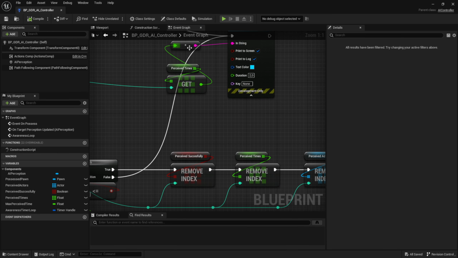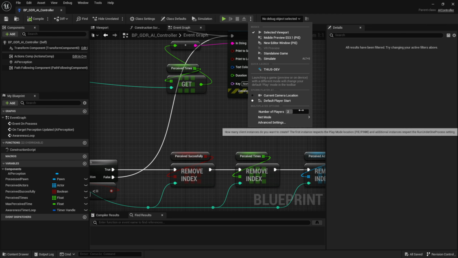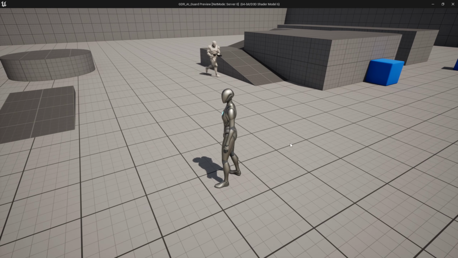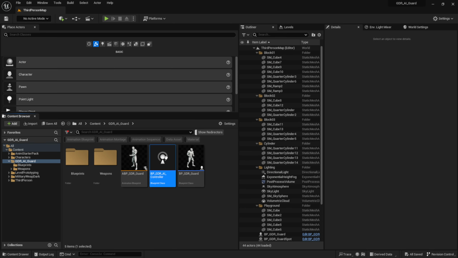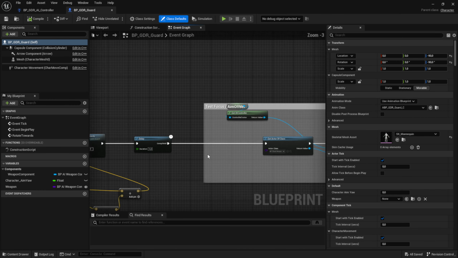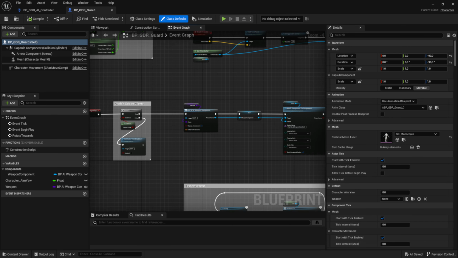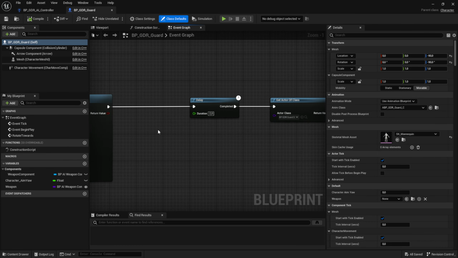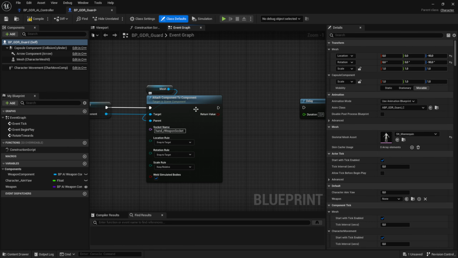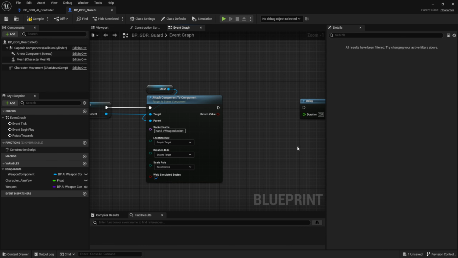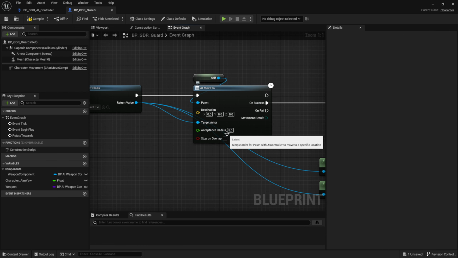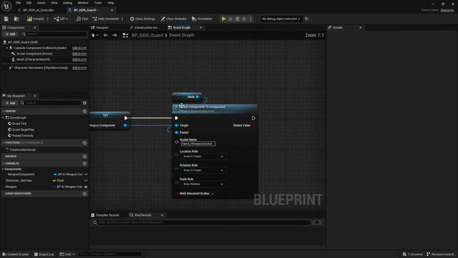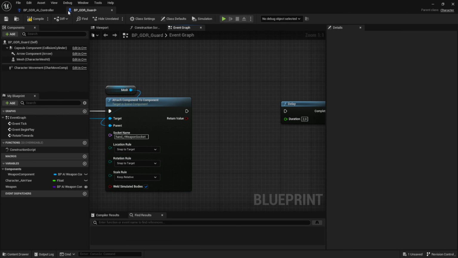So now if we go in game, let's do it one player first. That's a little bit easier to see. And we still have the movement testing set up in the pawn, so let's get rid of that. Let's open our guard. And in begin play, at the beginning, we have some testing stuff set up to test the rotation and the movement. So if we go to begin play, then we can simply disconnect it after we add the weapon mesh to the component. So this is the move to node, and that's rotating. Yeah. So after we add the weapon mesh, then we can disconnect event begin play,